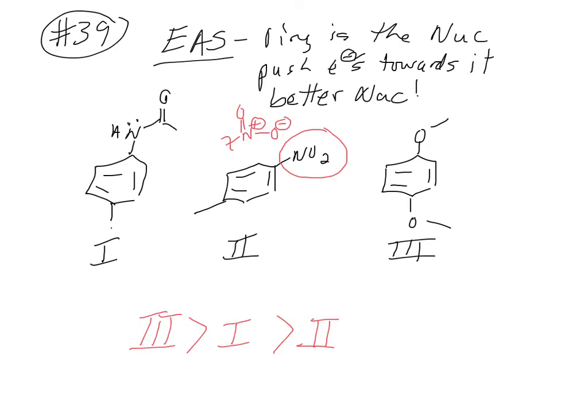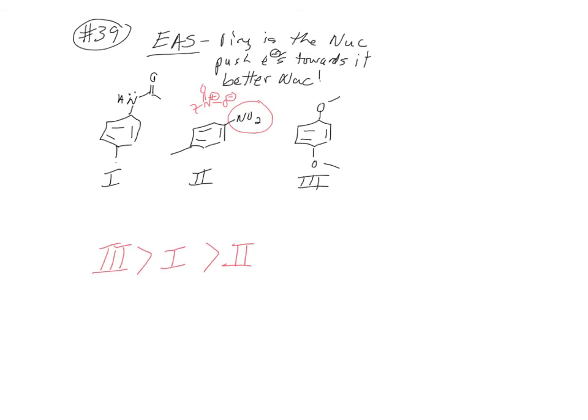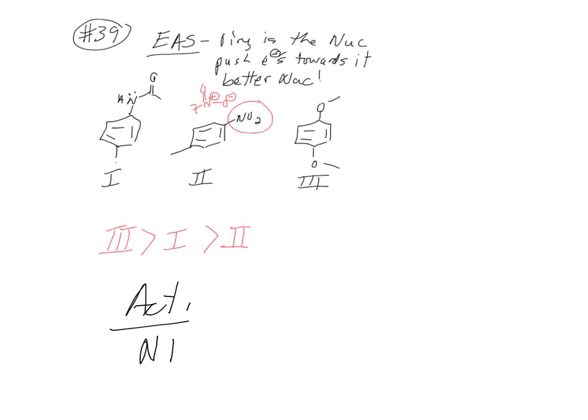So if we want to expand this out to activators and deactivators, to remember what these are: activators obviously donate electrons in. So some of the classic activators are nitrogen with R2, it doesn't matter what it's bonded to, it has a lone pair; oxygen with an H, if this was the benzene ring; ethers. Right? Anything with a lone pair next to the benzene ring is going to be an activator,